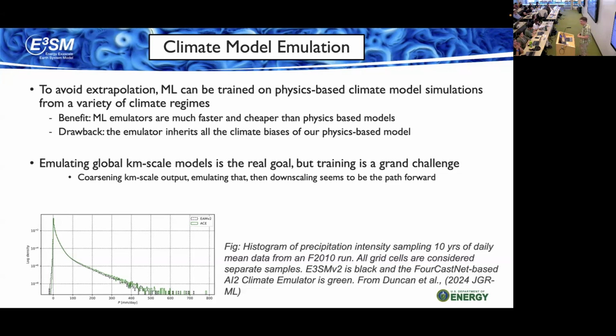So what folks are doing instead is you take your 3-kilometer model, you use the coarsening I talked about yesterday, so you write your output at like 100 kilometers, you run your emulator at 100 kilometers, and then you use downscaling at the end to get back to the high resolution, which seems a little bit circuitous. It seems like you're leaving information on the table, but it works, and the other approach doesn't right now. So if you have a better way to do it, I'm all ears, but that's what we're doing right now.